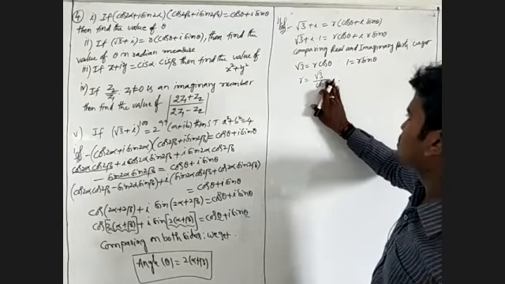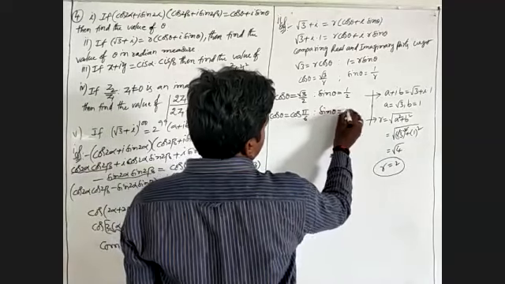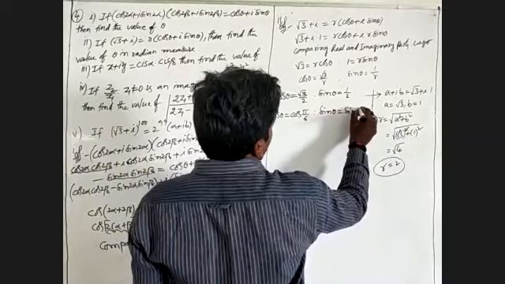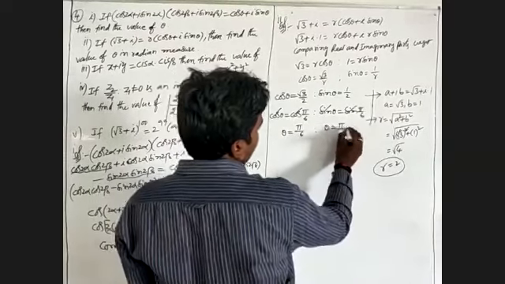That means cos θ is √3 by 2, as well as sin θ is 1 by 2. Cos is √3 by 2 when it is cos 30 degrees, that is cos π by 6. Sin is 1 by 2 when it is sin 30 degrees, that is sin π by 6. Sin and sin, cos and cos will be cancelled, where θ is equal to π by 6, as well as again θ is equal to π by 6.